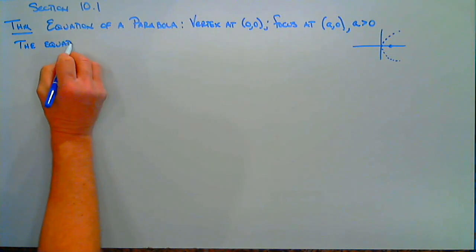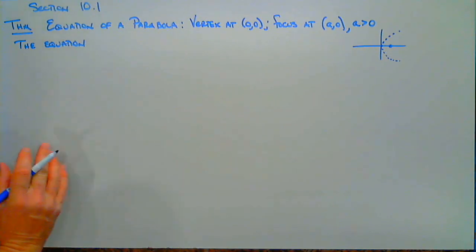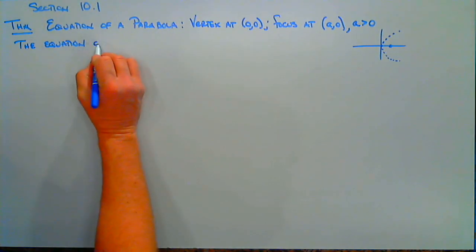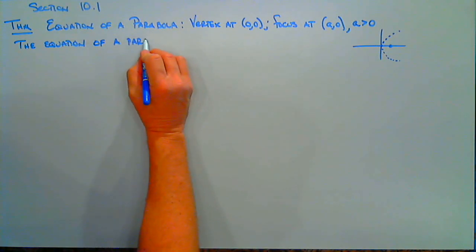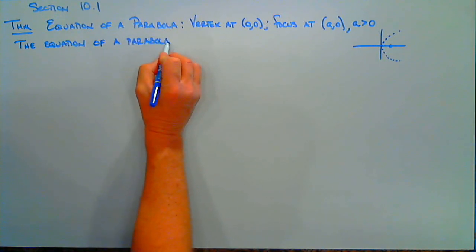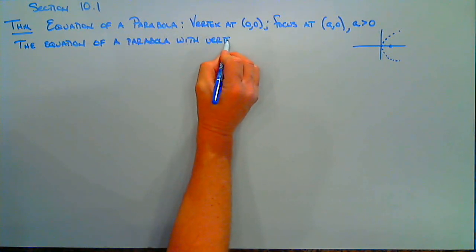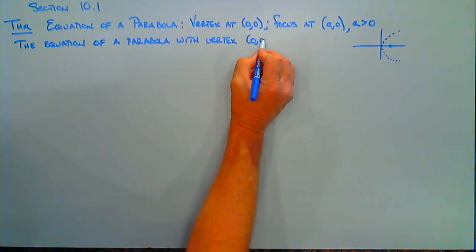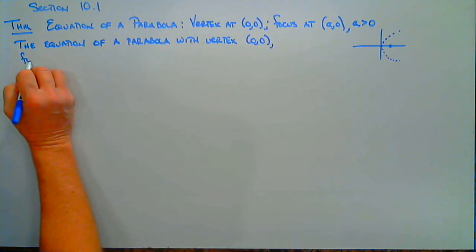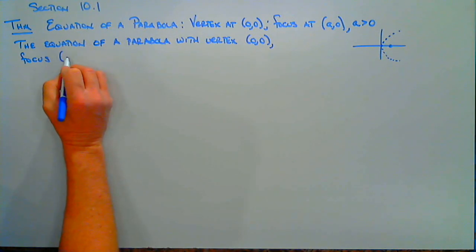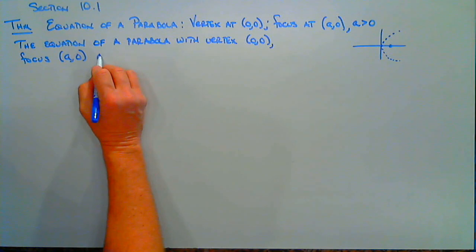The equation, because that's what we're ultimately going to be asked for on all the homework, is find the equation of the parabola. So the equation of a parabola with vertex 0, 0, focus A, 0, and directrix